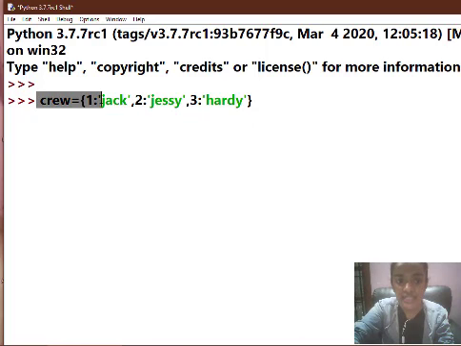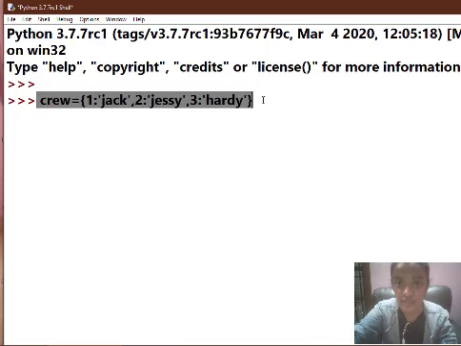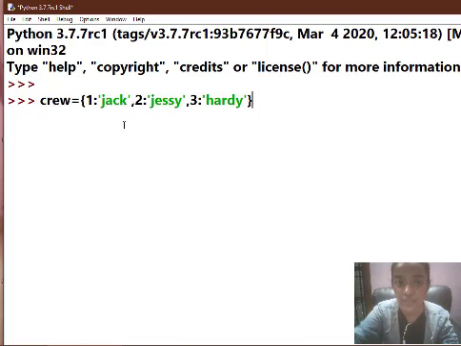Now this entire thing is called a key value pair, and this entire thing makes a dictionary. We can call this a key value pair because we have keys and we have values assigned to them, like Jack, Jessie and Hardy.